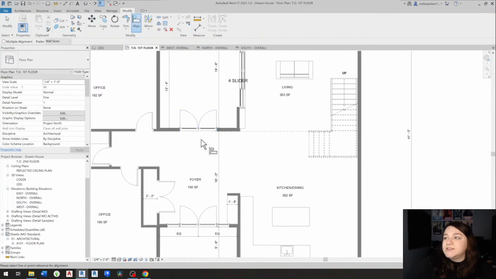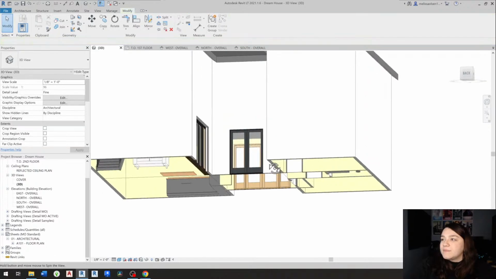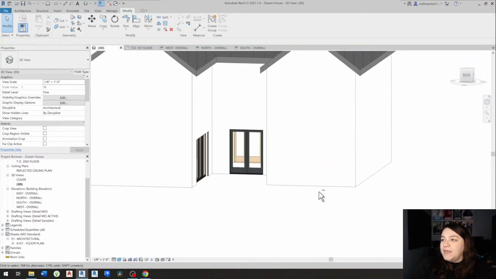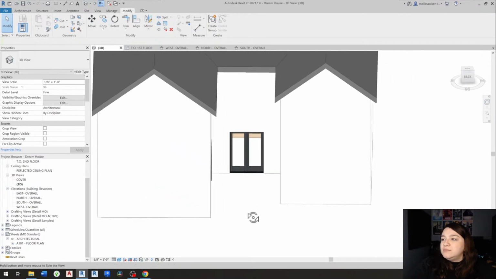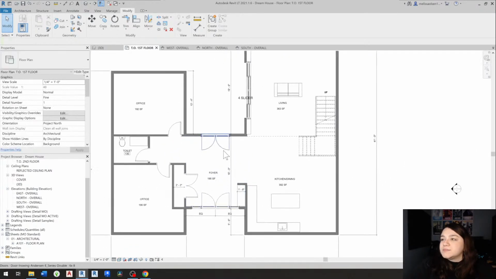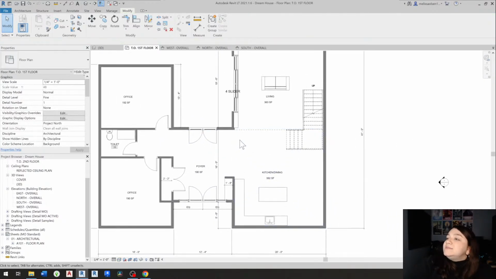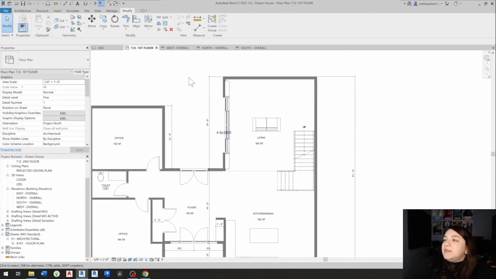Just a simple pass through from the foyer. And then this whole wall will open. I think I like just having this be really simple and then this area being sort of like